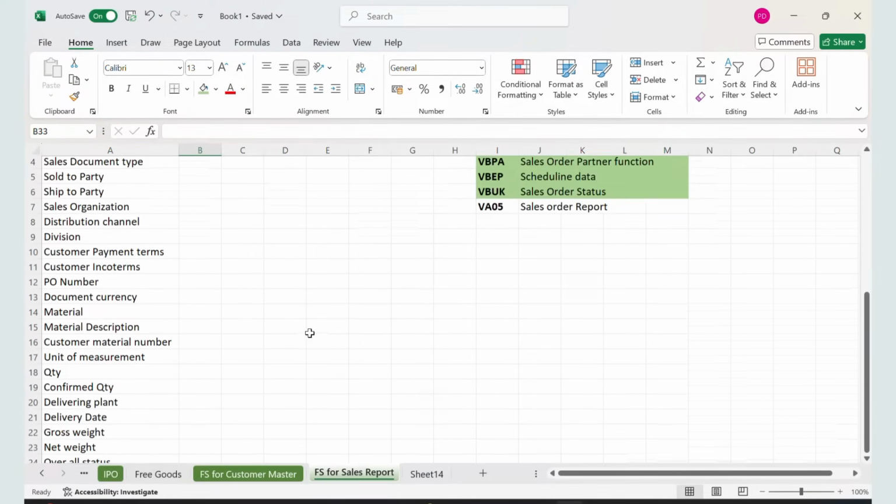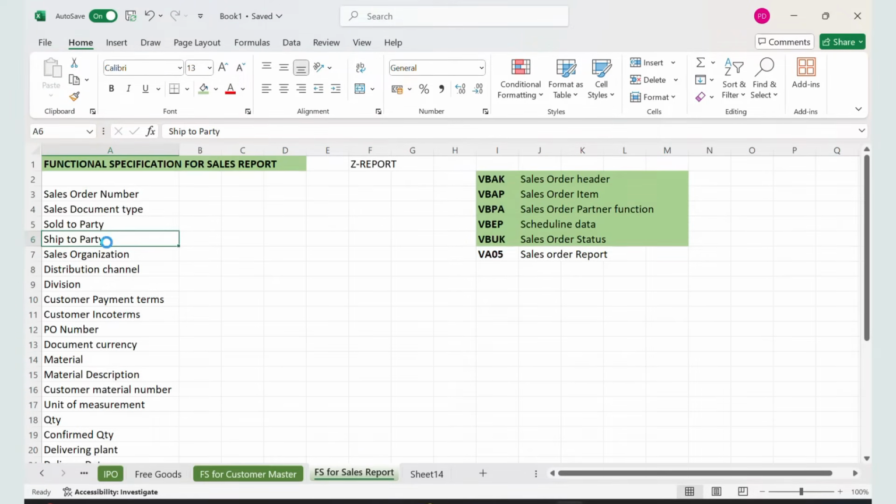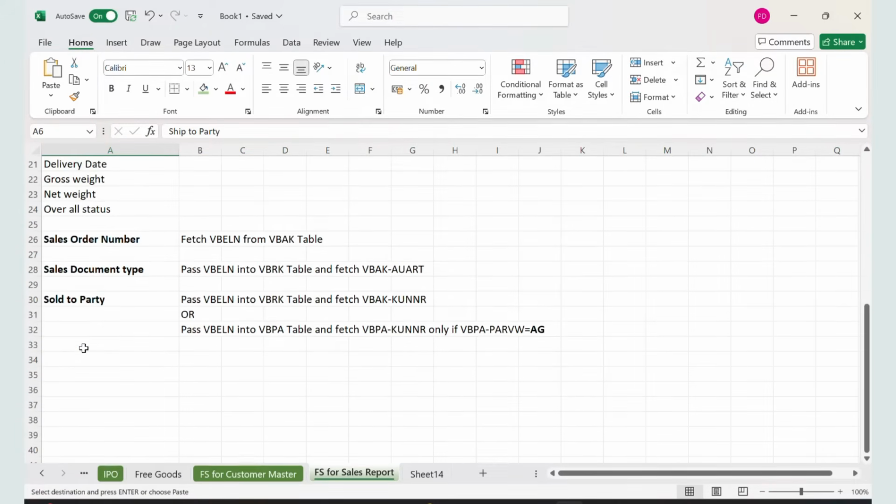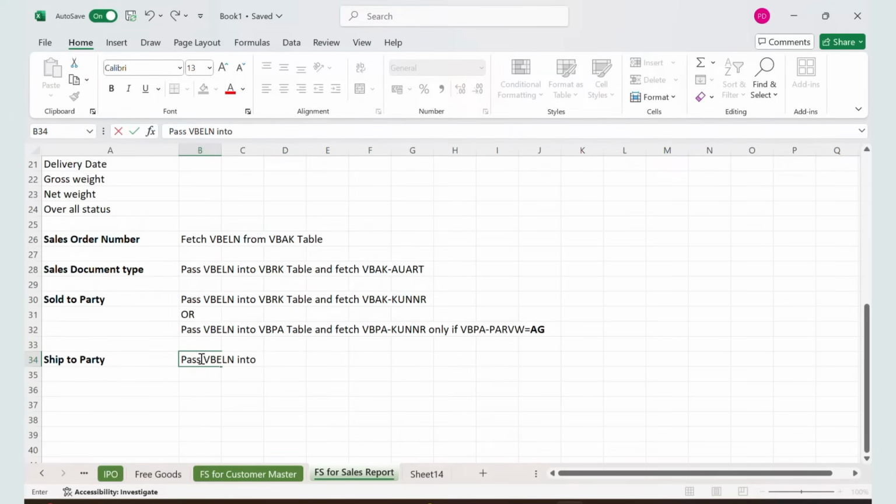So now what is the next field we have? The next field is ship to party. So how to write the logic for ship to party? Similarly, I will use the above logic. I will pass VBELN, so pass the sales document number into the VBPA table and fetch ship to party. And what is the field name? It is KUNNR only. But you have to give a condition